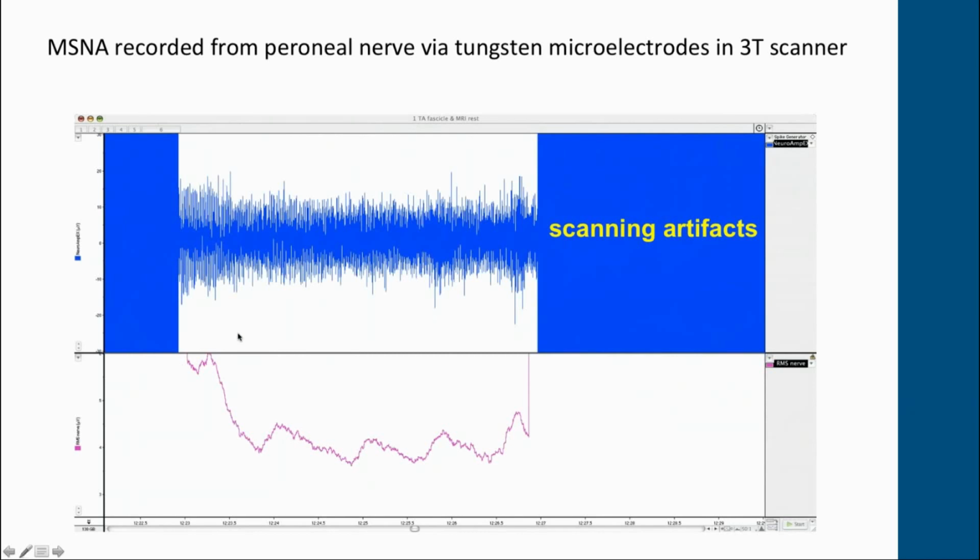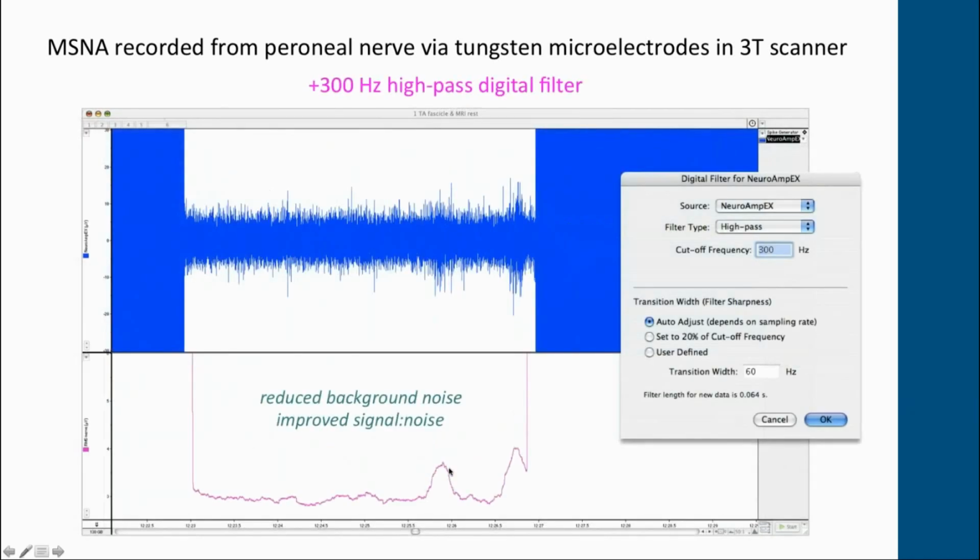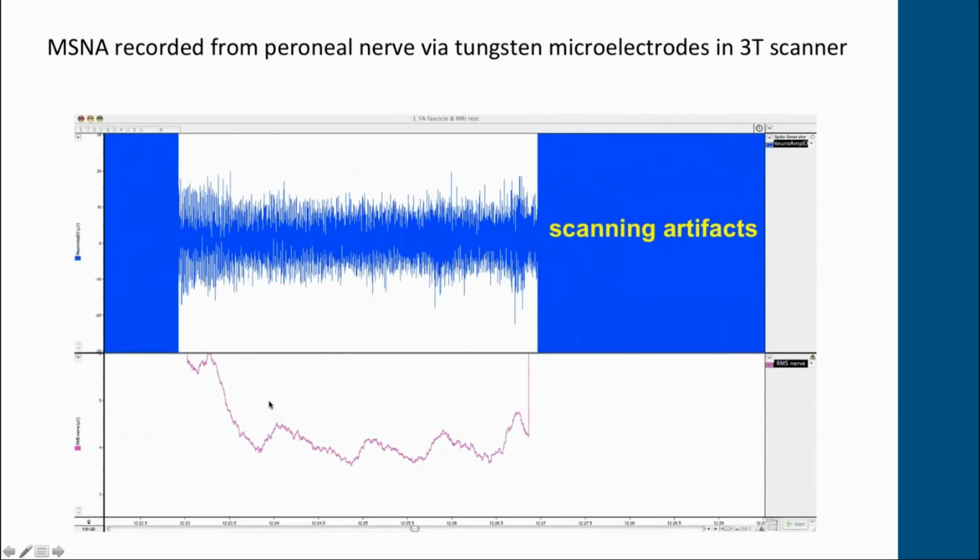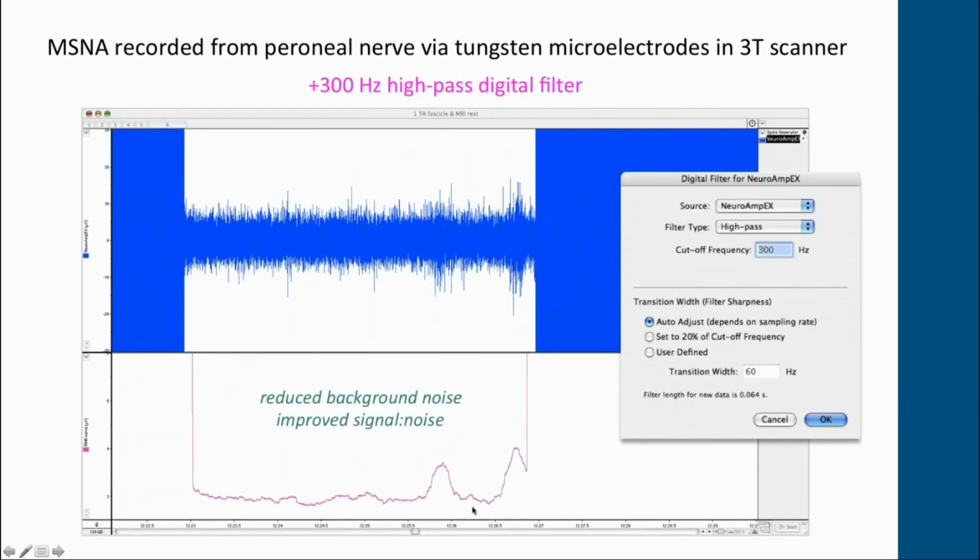We were really worried about all this noise, but then, like good neurophysiologists, we thought, well, maybe we can filter that out. So this is now the same recording with a 300 Hertz high-pass filter. I'll just go back. There's all this noise down here, but you can make out a burst there, and when we filter it, you can actually make out two bursts. So simple high-pass filtering applied offline. We now apply this routinely. As soon as the recording finishes, a 300 Hertz high-pass filter kicks in and removes the overall background noise.